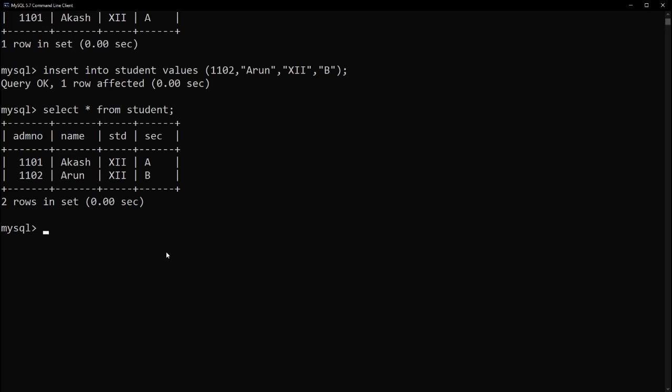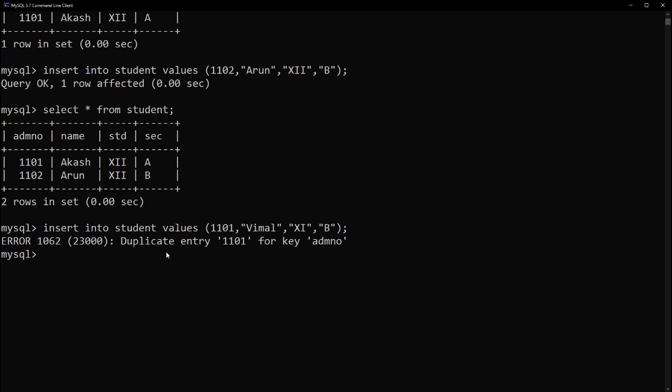Okay, children. So like this, you have to give insert commands to insert the values for the student. But if you remember, we had given that admission number must be unique. Do you remember, children, when we created the table, we told admission number must be unique. So let us do a checking part. Let us try to insert a row with the same admission number that already exists. So we already have 1101, right? So I will try to enter one more 1101, and let me change the name also. I'll change the name as Vimal, and then standard 11, section B.